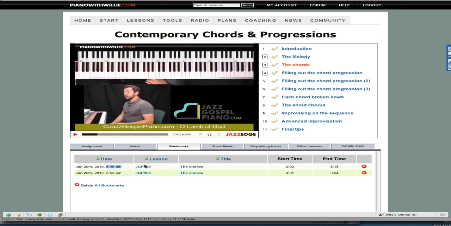It's 5:49 p.m. All right. And you see the start time is 00 and the end time is 8:15. That means that basically there was no looping set. But now I have this other one set, and it says 3:01 and 3:04. This is really nice because let's say that you want to get back to that section that you had looped, right? Now, if you just click right back on here, okay,